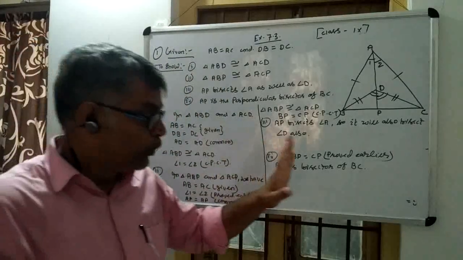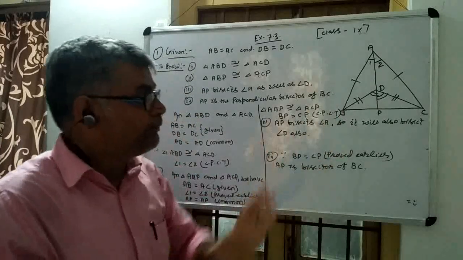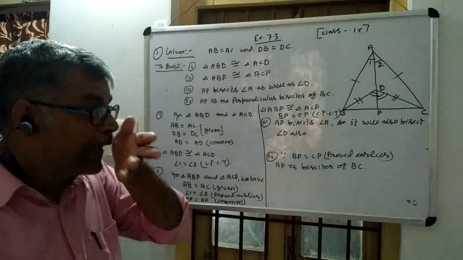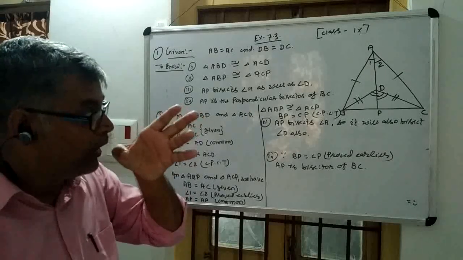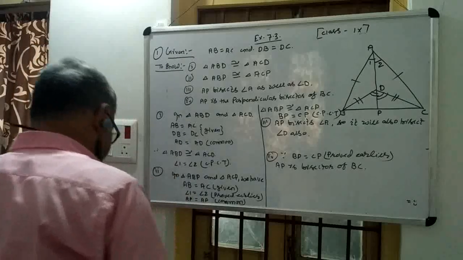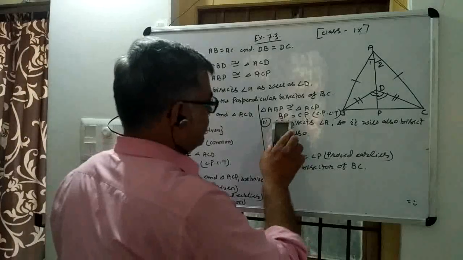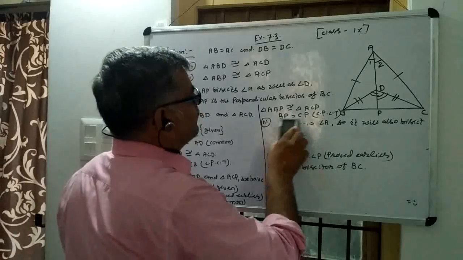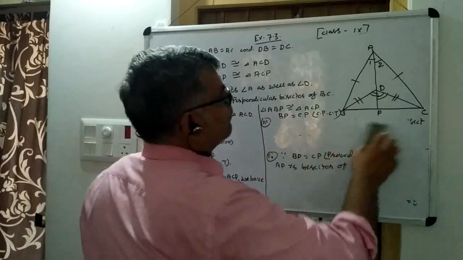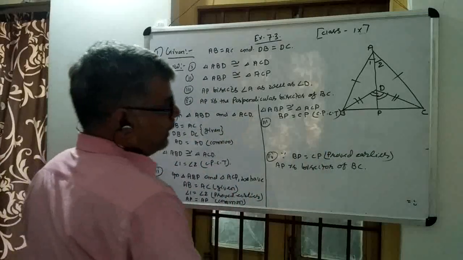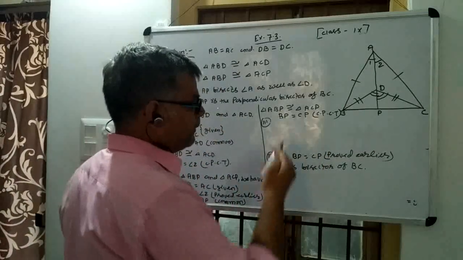Now we need to show that this is the perpendicular bisector. So how can it be a perpendicular bisector? One more thing, in part three you come and write also, you make it congruent. Then it will be more clear. See, in part three, first you take triangle